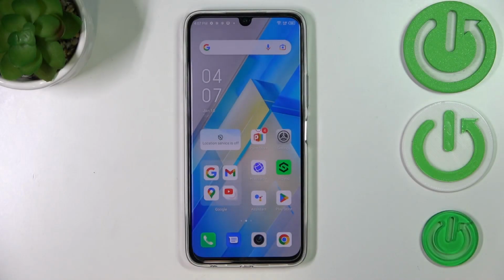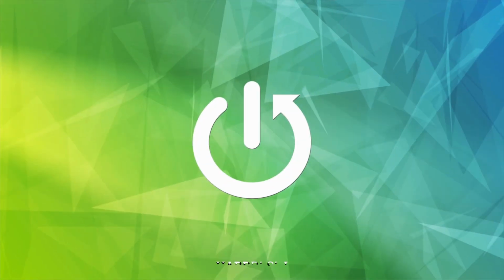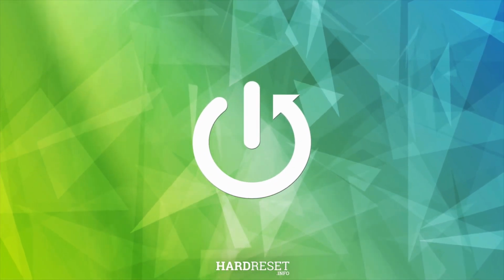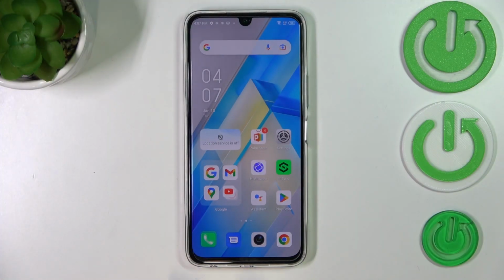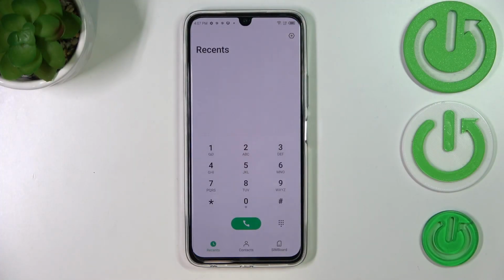Hi everyone, in front of me I've got Infinix Note 12 Pro, and let me share with you how to use secret codes on this device. So first of all, let's open the dialer, as it is the place where we can enter all of those codes, and let me begin with the shortest one and probably the most known, which is